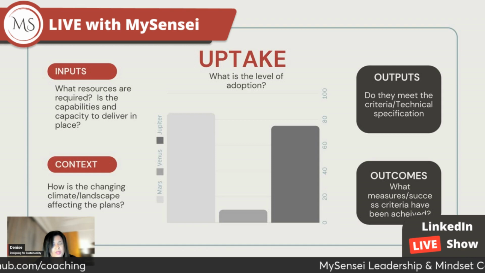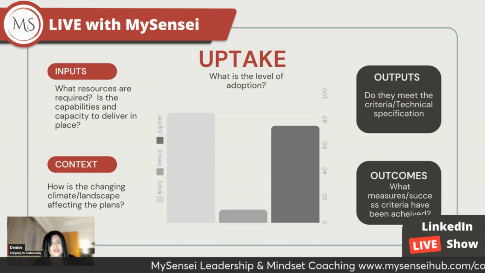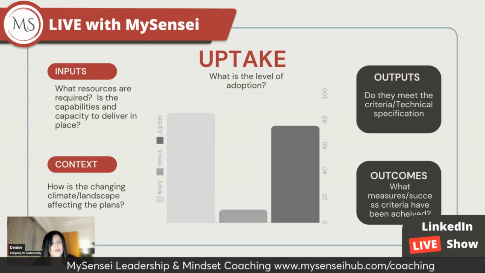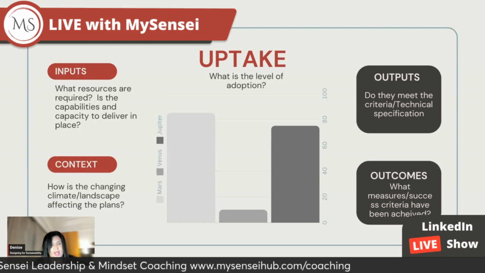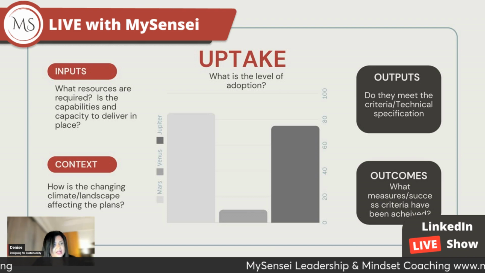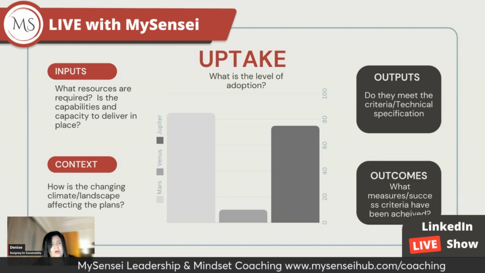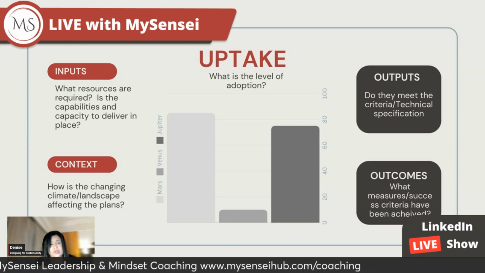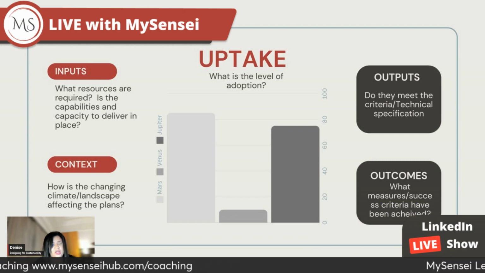So what other activities do they actually have on, like business critical activities that they can't put on the back burner? It's something that has to be delivered alongside this new idea. So those are the inputs, so the resources, which can be human, material, and the like. Now, those resources, or the level of availability of those resources, will impact on the outputs, and it could be on the timing of the outputs.